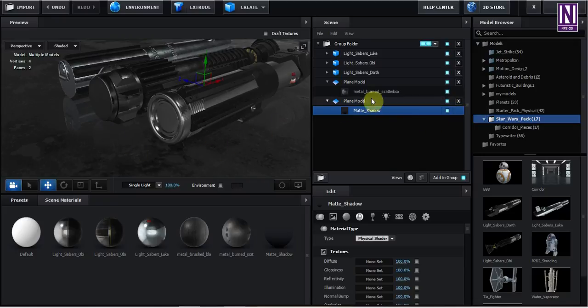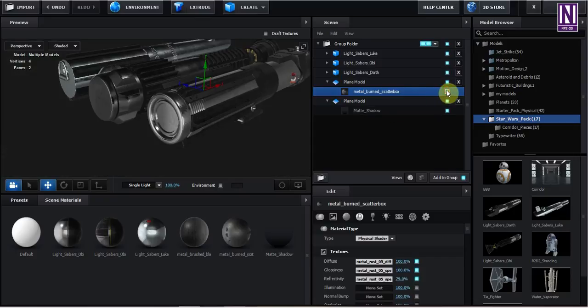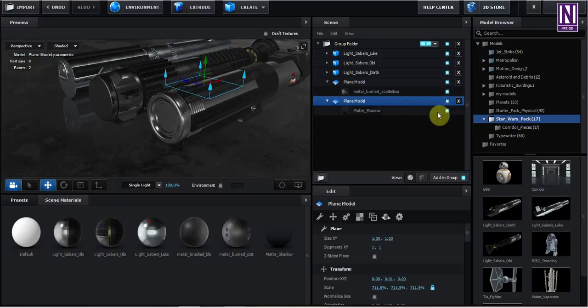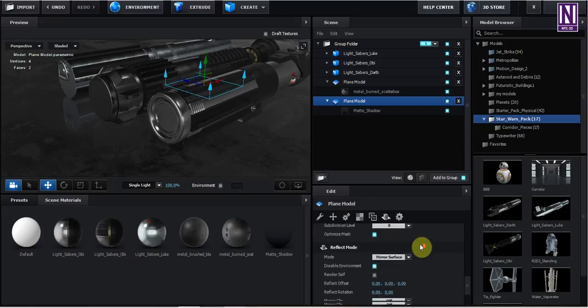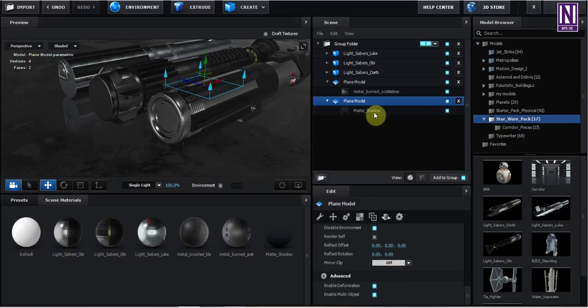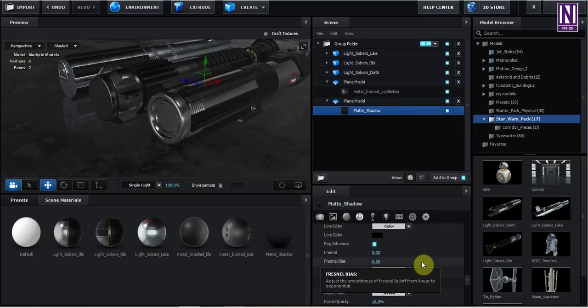What I do, I use matte shadow on a plane and another metal on a plane. In this matte shadow plane, to show you, sorry, here, advanced settings and the blending mode.